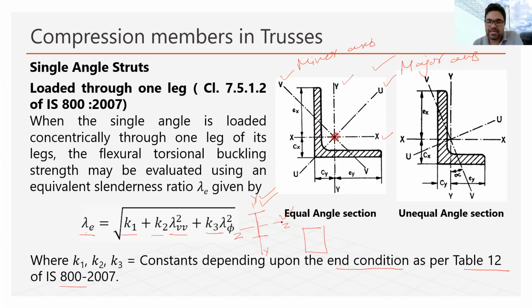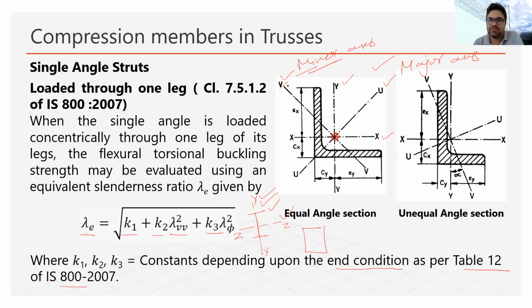So till now we were calculating radius of gyration for I section about z axis or y axis, because we know that minor and major axis both coincide with these two. But in case of angle, the x and y axes are different and the u and v axes are different. They do not coincide with the x and y axes. So the important axis in case of angle becomes the minor axis, because this is the axis about which the angle will fail first. Radius of gyration about the minor axis, which is the VV axis, is the most important parameter to calculate the fcd value.